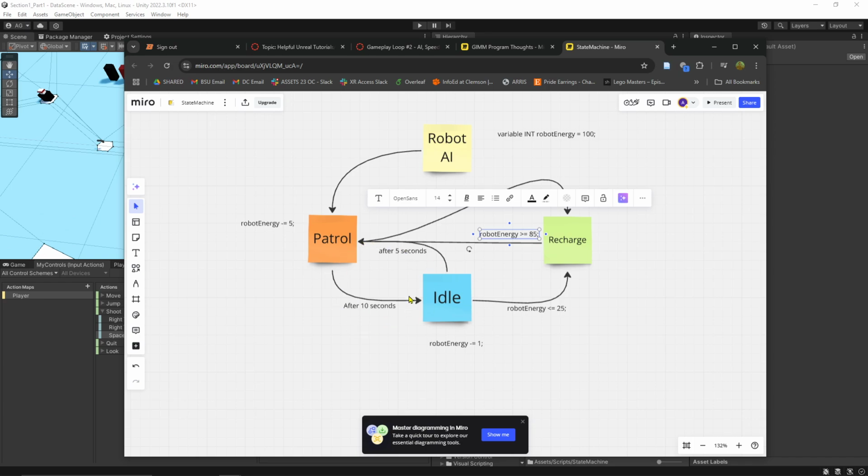And that's going to keep going in a loop until, either on patrol or in idling, the robot energy dips to 25 or below. And then that's going to automatically have it go to the recharge state, doesn't matter which state it's in. The recharge state's going to stay in that state until it's 85. So we can actually say that over here,